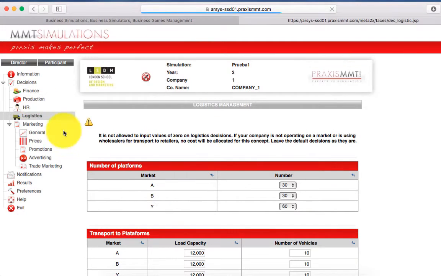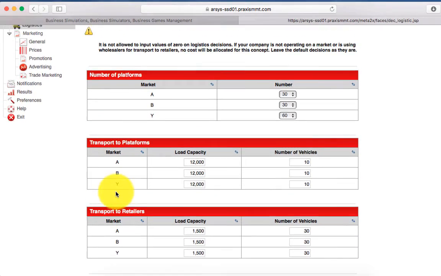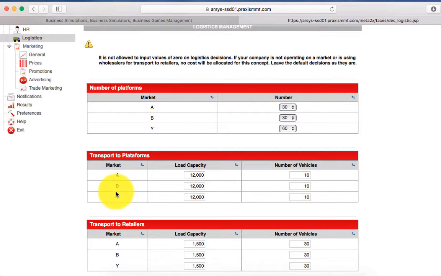Finally, logistics. Students normally face some initial difficulties with the logistical decisions. Usually we try to help students by saying that you have to imagine that each year you are contracting your logistics partner and provider. So you have to put here the information that the provider needs to schedule and plan your logistics delivery.